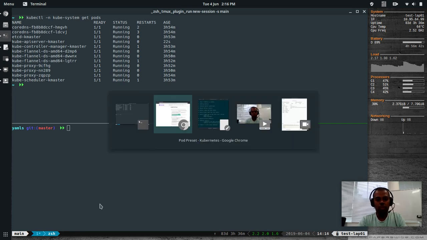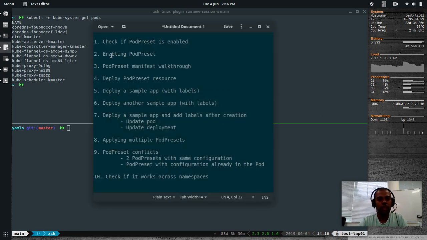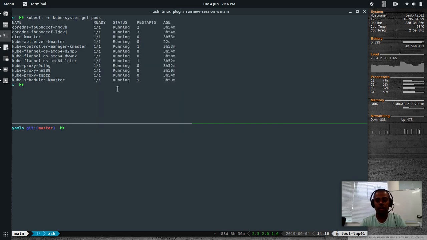Right, so where are we now? We have done the pod preset enabling. We have run through the pod manifest. We deployed the pod resource, and now we are going to deploy a sample app. Okay, so I always do the Nginx app because that's by heart. If you want to create a manifest, the easiest way is to do this: kubectl create deploy nginx --image=nginx